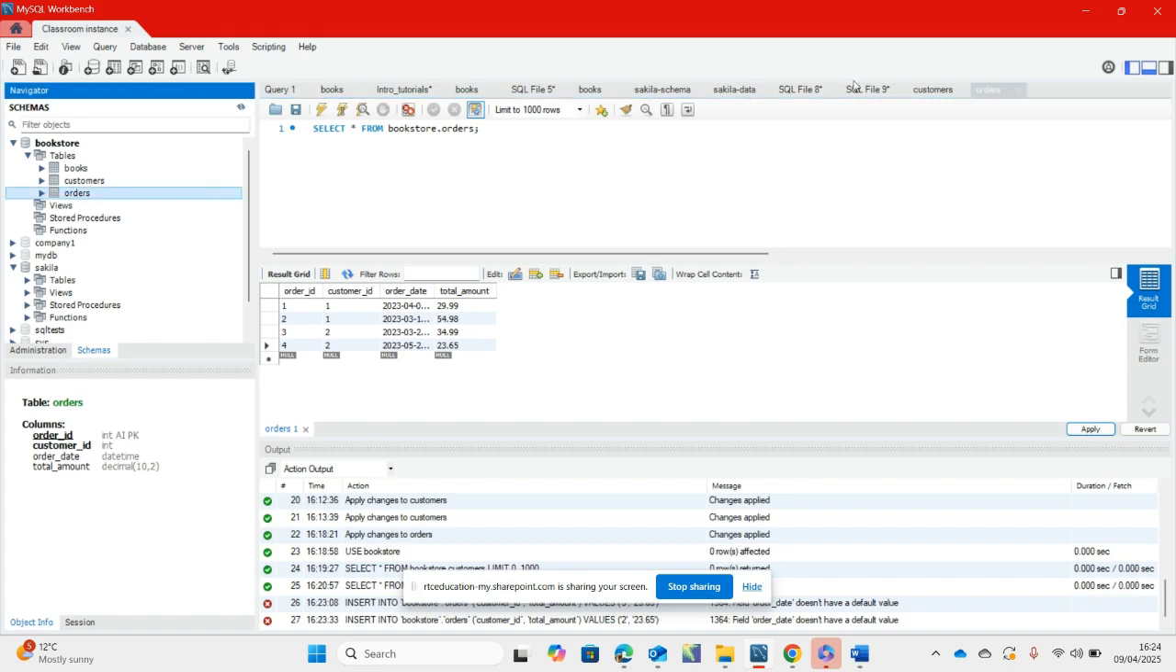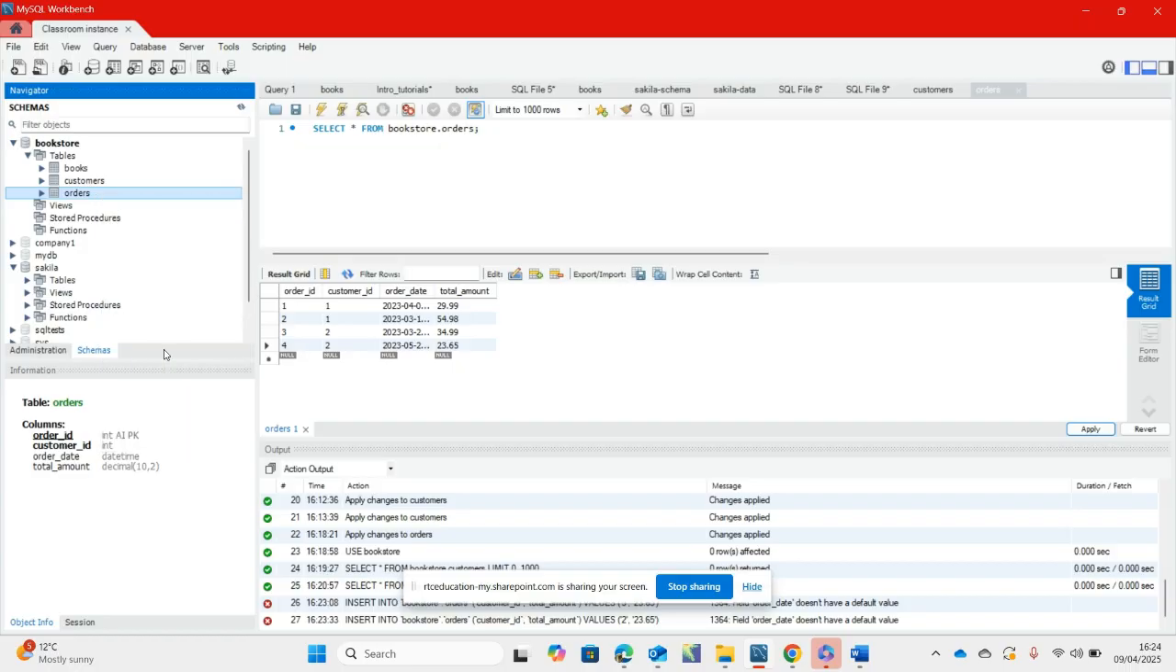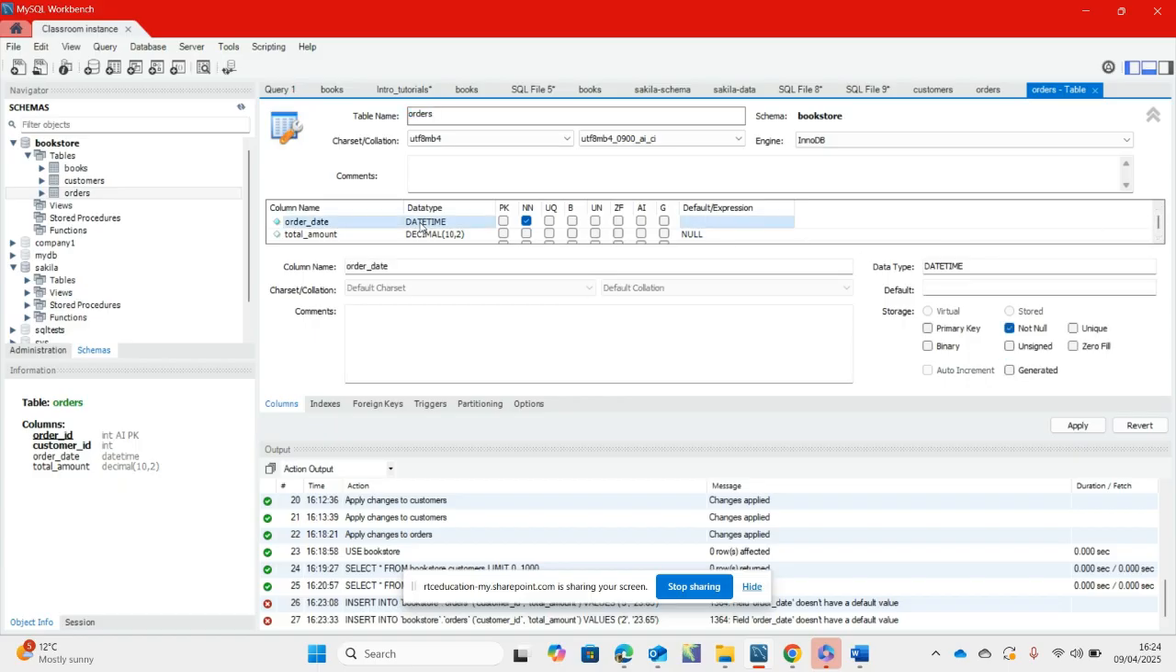Our next entry. I think I should just review. If I go to alter table here, just to review what we did here. So we've got total amount. You can see here that I did not set a default for the order date. So if we did current date time, and I just hit apply,